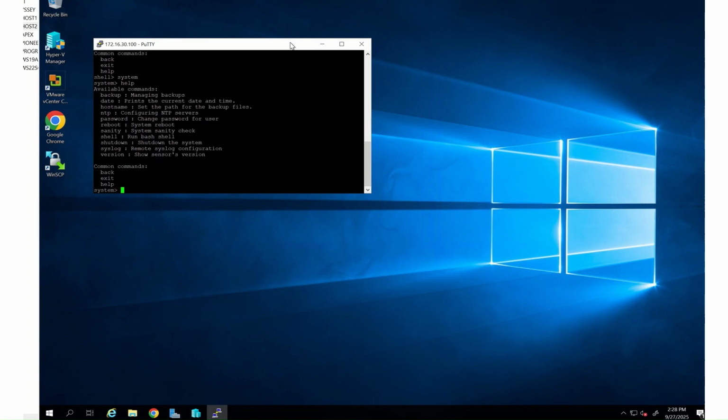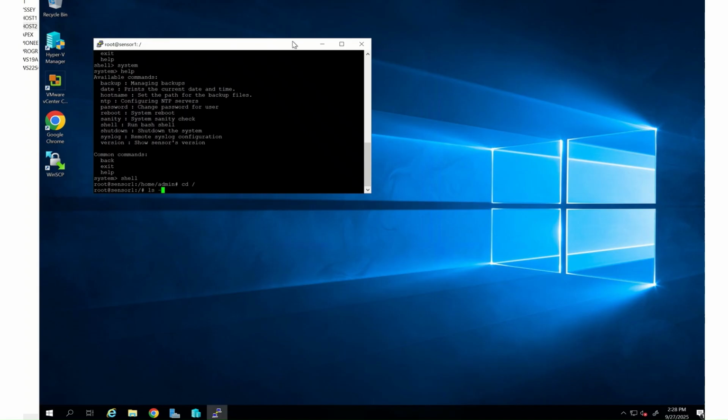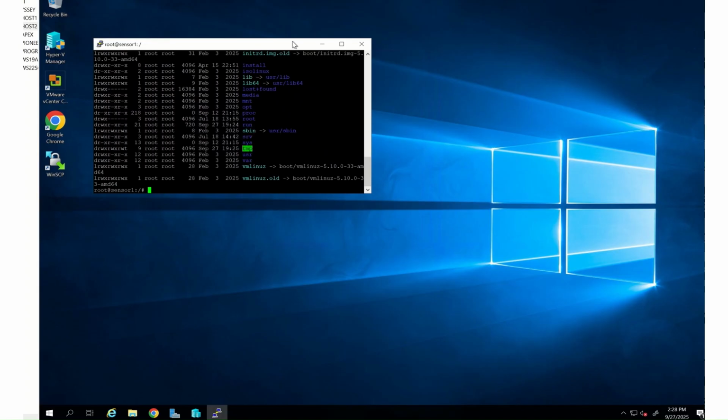What I'm going to do now is I'm going to do shell, and that's going to take us out to the Debian Linux OS, and I'll just show you that it's the file system. You never come in here. We treat it as a black box. We don't mess with anything in the Linux OS, but I'm just showing you everything, including what's under the hood, right? If we go to the home folder,